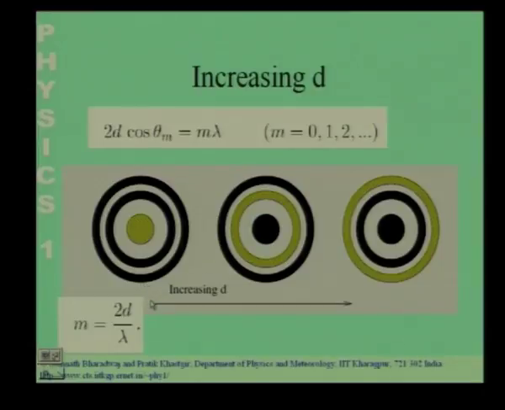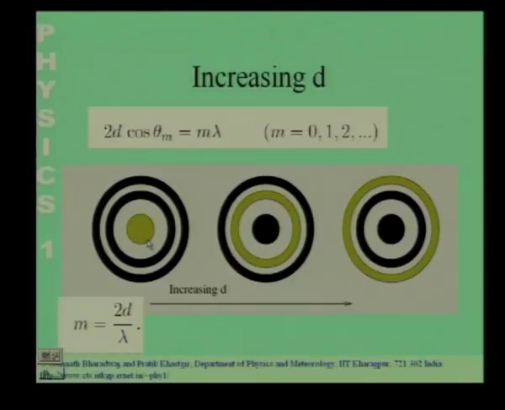The next thing that we had considered in the last class was what happens to the fringe of a particular order m as you increase the difference in the arm lengths. So, we had followed the evolution of a dark fringe of a particular order. You have a dark fringe of a particular order at the center if the difference in the arm lengths d satisfies this relation that 2d by lambda is an integer m. So, if 2d by lambda is an integer m, you will get a dark fringe of order m at